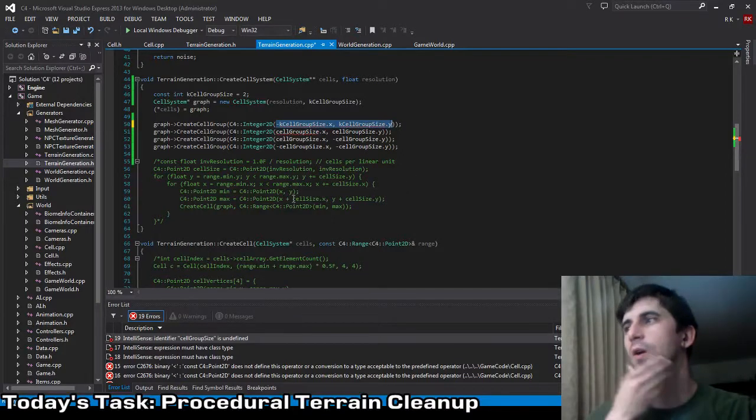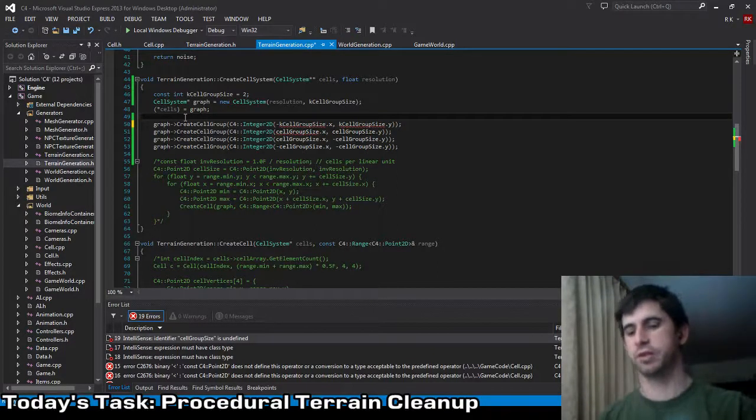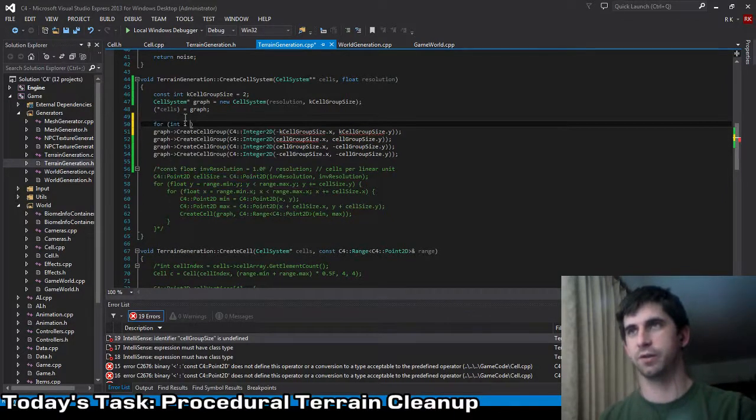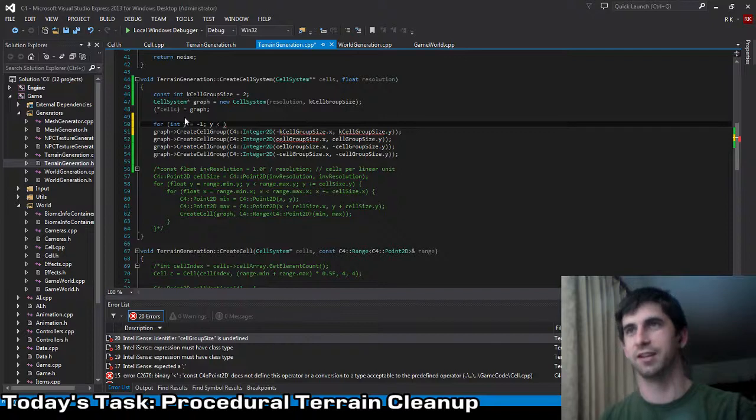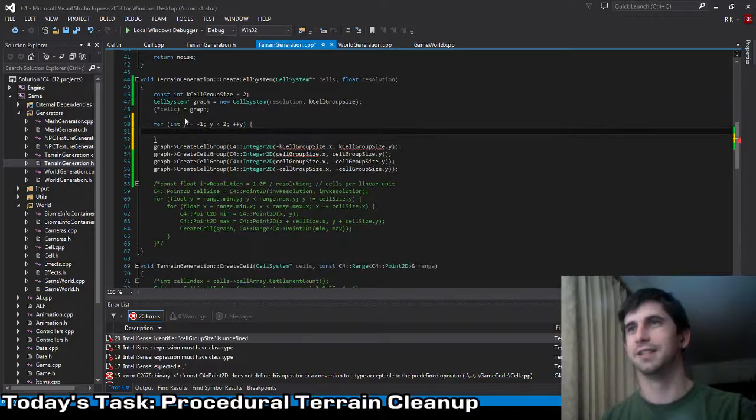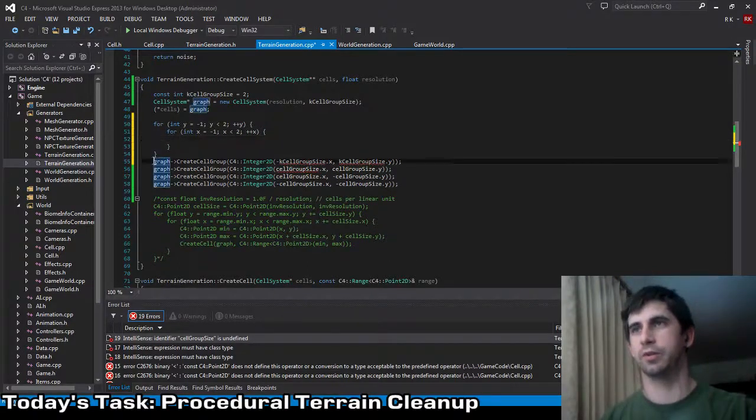let's think a whole bunch about how we're going to do this before we dive in. Because we could do this the right way, and we can do this a very wrong way as well if we're not careful. So let's say for y equals 0, y equals -1. Do I want to generate that much terrain? That seems like that would be a lot of terrain. Well, this is a good way to test it. Y is less than 2, plus I, y. For int x equals -1, x is less than 2, plus x. Bam! And we are going to instead